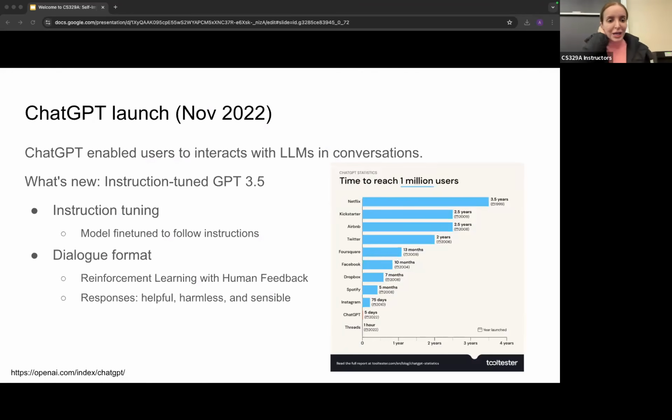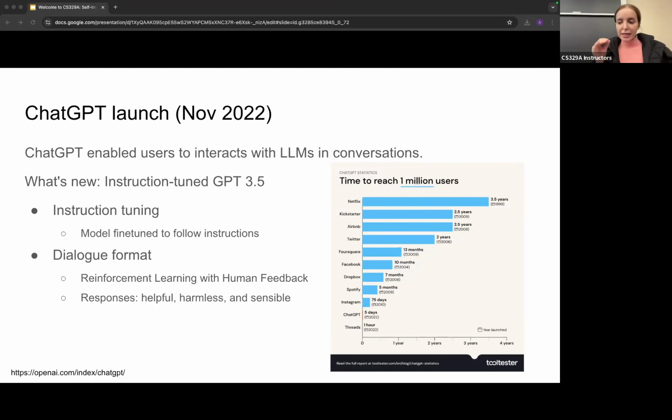Now, when ChatGPT launched in November 2022, it made a huge splash, right? It was a very big moment for AI. And even before that, we still had large language models, and you could get certain capability from them. But what really made a difference here was that ChatGPT